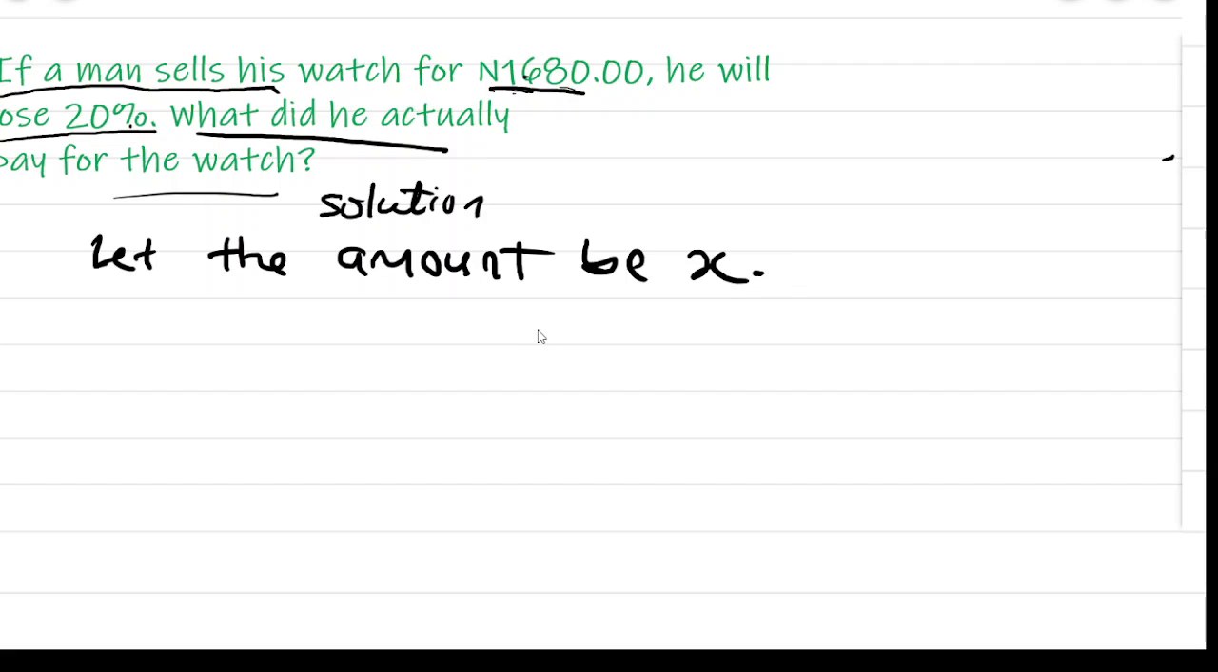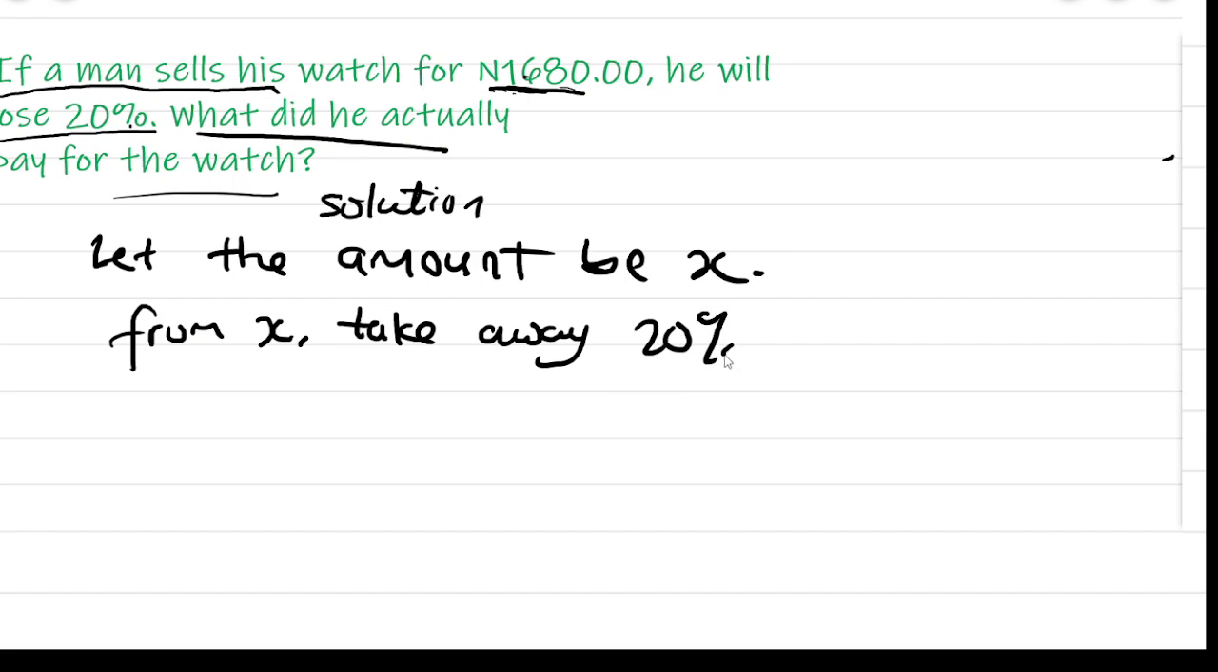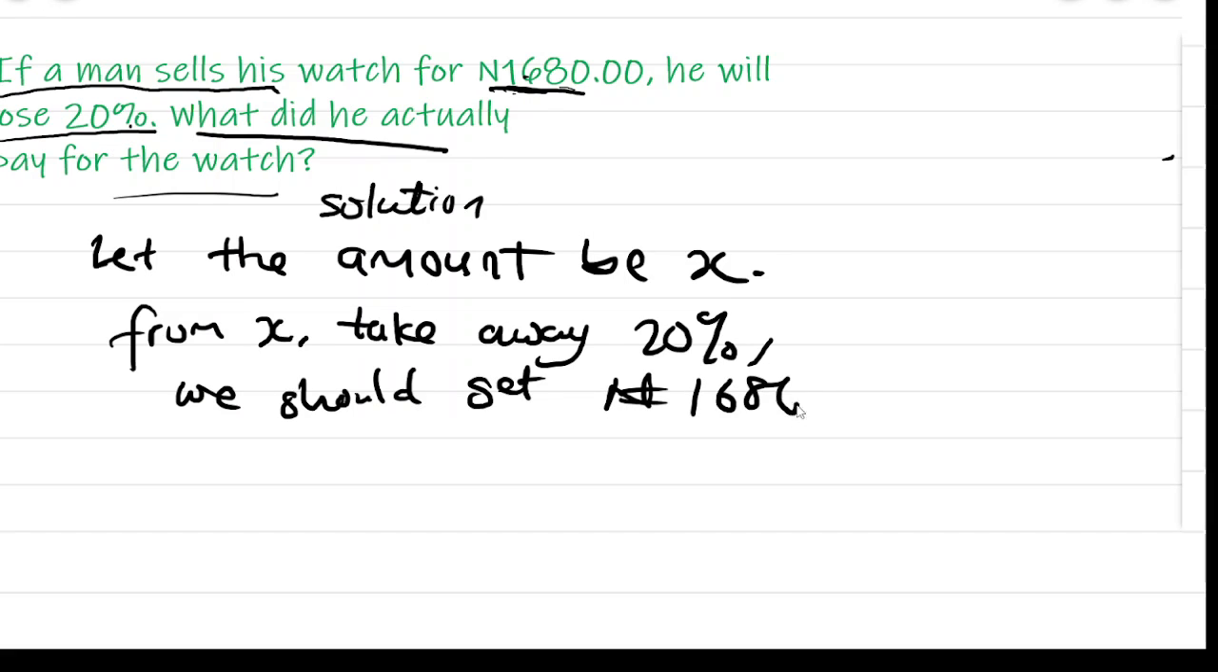Let's just say he paid X naira. Now, if he sells the watch for this amount, if from this X naira you take away 20%, take away 20% from X, we should get 1,680 naira. That is the trick, because remember that when we took away 20% from 5,000,